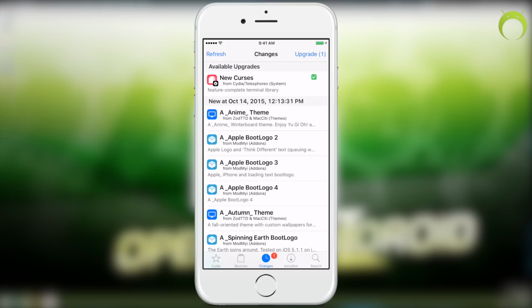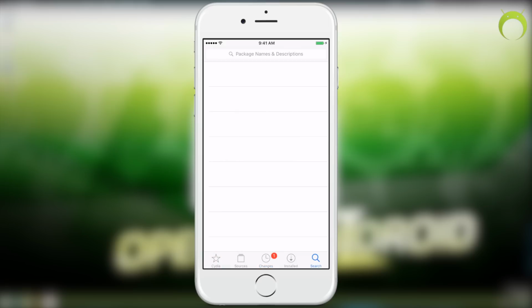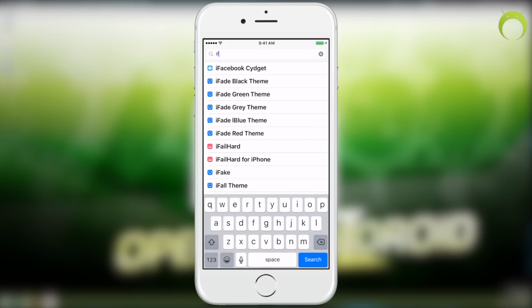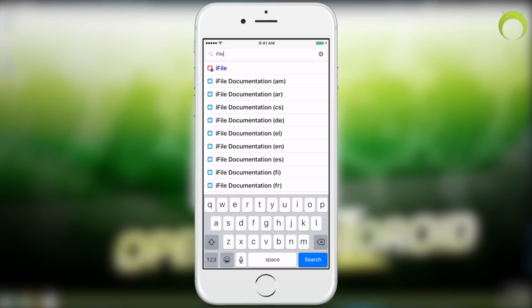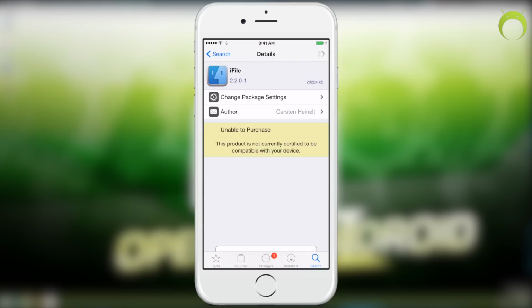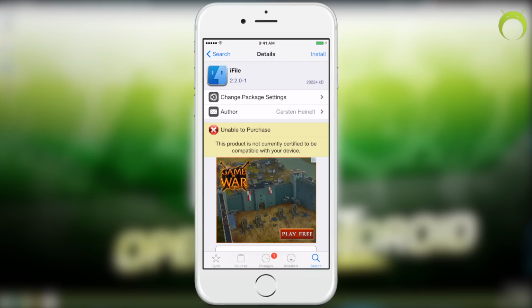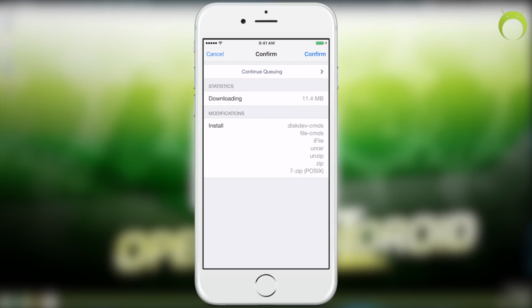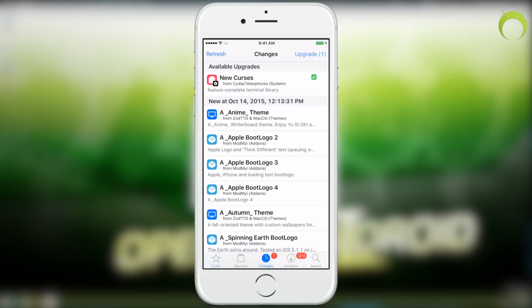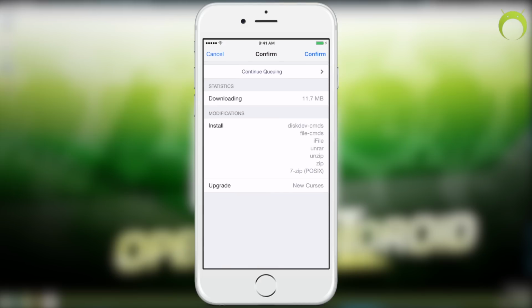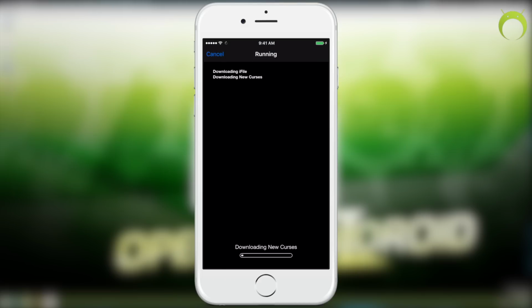Now, this jailbreak is fairly new if you're watching this video as soon as it was released, so some of the tweaks and applications on Cydia may not be working at this moment in time. However, for example, iFile is working on iOS 9, but for a more complete list, there will be a link in the description below to all the tweaks compatible on iOS 9 as of the release of this video. But as I mentioned, as more time goes on, all the applications and tweaks on Cydia will mostly be updated